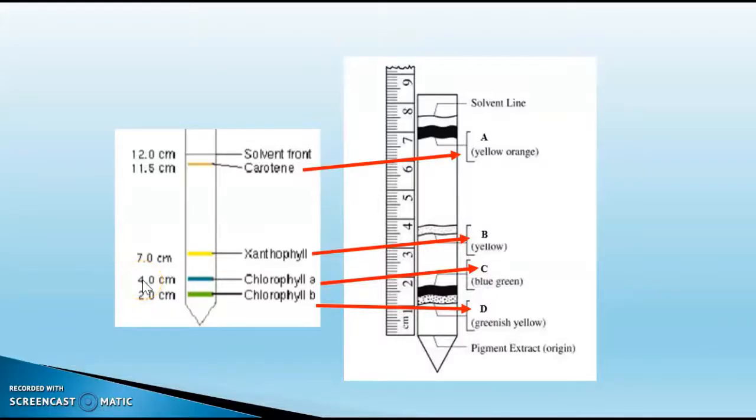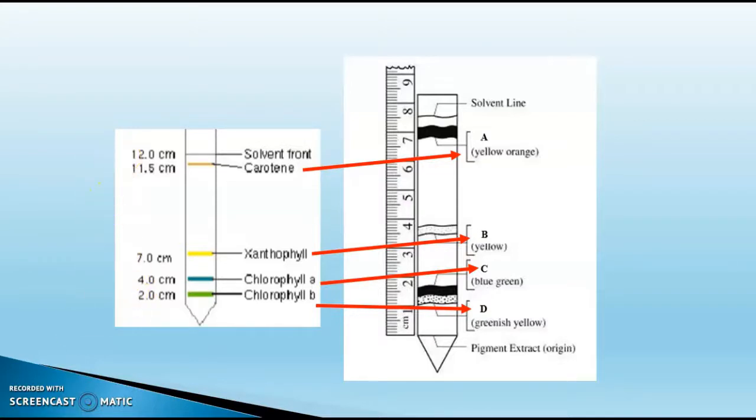We try to calculate the RF value of chlorophyll B. The distance traveled by the compound that is indicated by the example shown here is 2 cm. And the distance traveled by the solvent that is indicated in this example is 12 cm. So in order to get the RF value, you need to divide 2